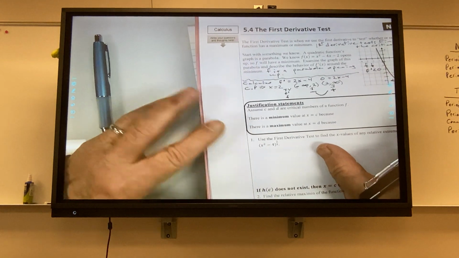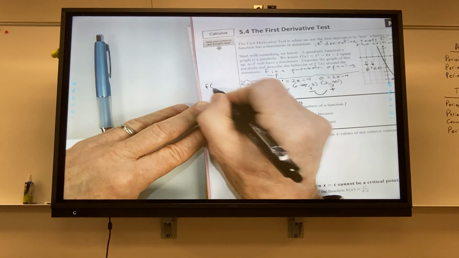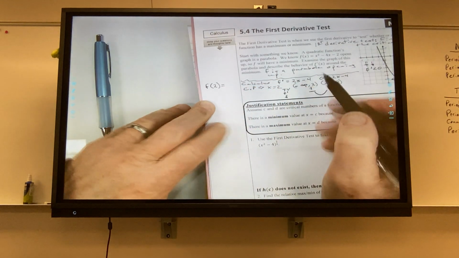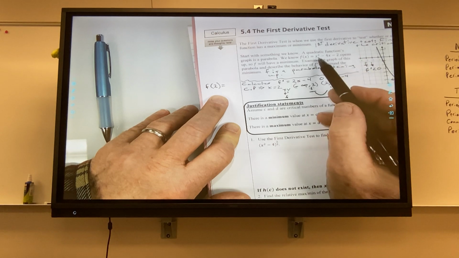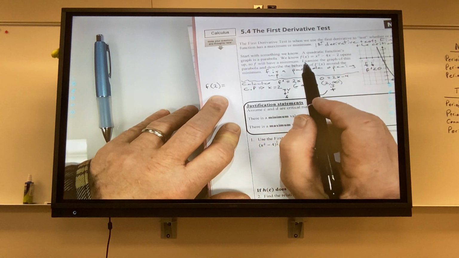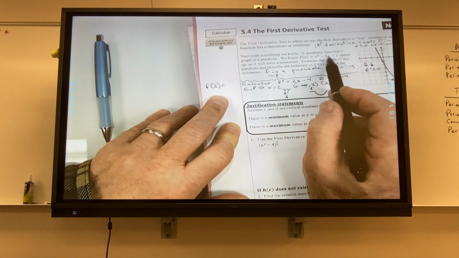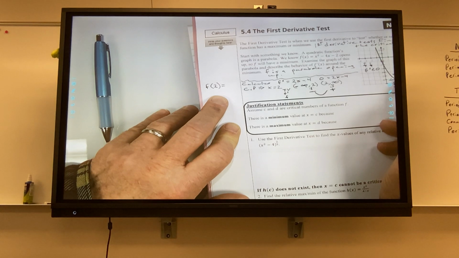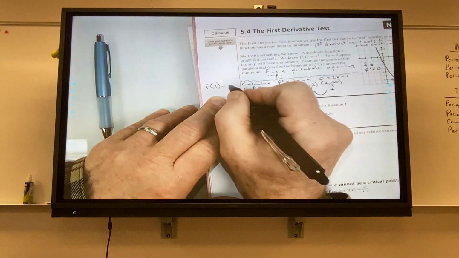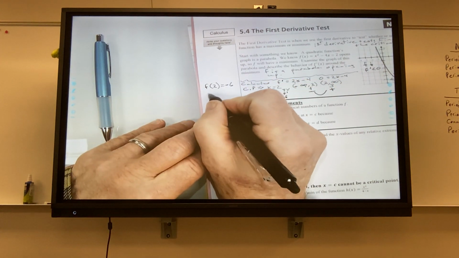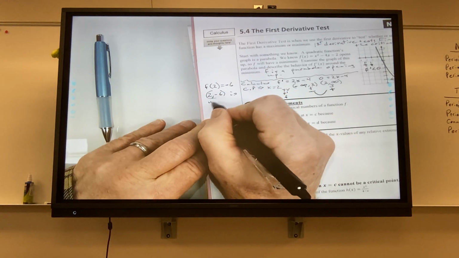I'm going to put 2 into f, and I'm going to have 4 minus 8. Well, I can see right here the point's negative 6, right? If I have 4 minus 8, I'll get negative 4, minus 2 is negative 6. So I can say 2 comma negative 6 is a minimum